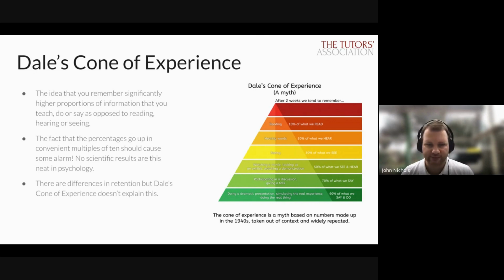So there are differences in what we remember, but it's not principally down to whether we've read it, heard it, or seen it. In particular, some of the most profound impacts on retention come from having very strong emotive stimuli. So if you see something extremely shocking, for example, if you were unlucky enough to see someone being severely injured or killed, you're very, very likely to remember that event in great detail because it's a major emotive shock. A lot of what you see in everyday life does not merit that kind of level of attention, and so most of what you see in everyday life, you'll not notice at all.